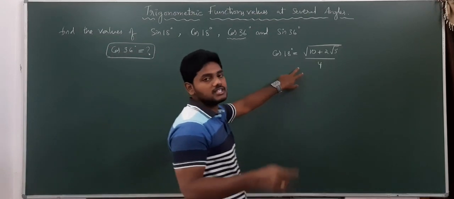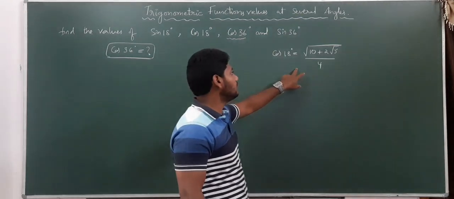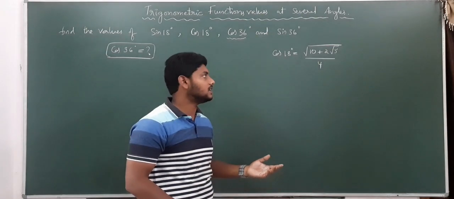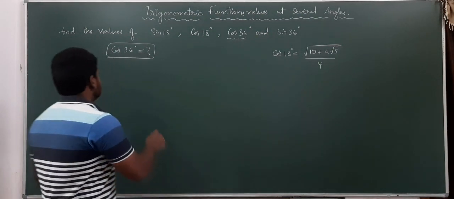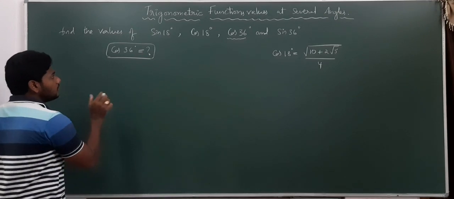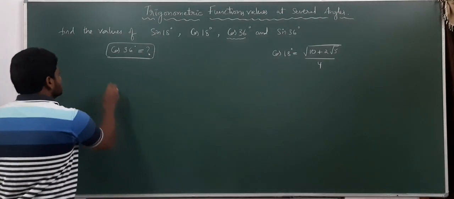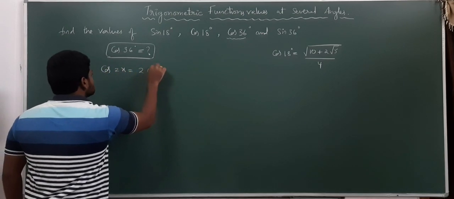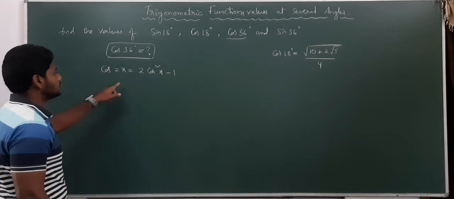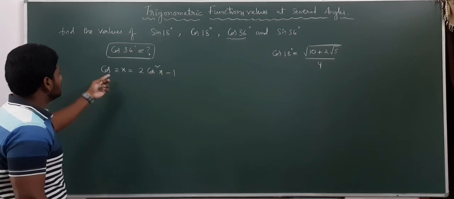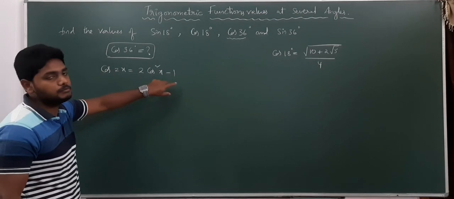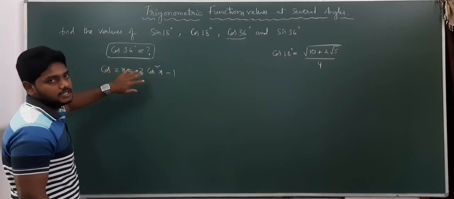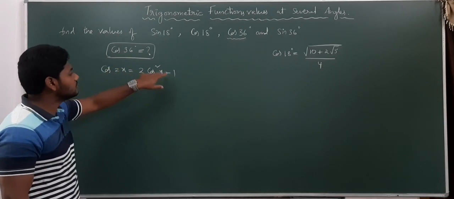How we will get this? If you know sin 18 degrees, right? How we will get sin 18 degrees? By using theta equal to 18, phi theta is equal to 90. The procedure you remember, otherwise you simply remember the values. Next, cos 36 degrees. By using multiple angles, we will find. See, we know that cos 2x is equal to 2 cos square x minus 1. You can use multiple angles or this formula, no problem. Or you can use cos x is equal to 2 cos square x by 2 minus 1. Then x you need to consider 36 degrees, x by 2 you need to consider 18 degrees. Or cos 2x is equal to 2 cos square x minus 1.